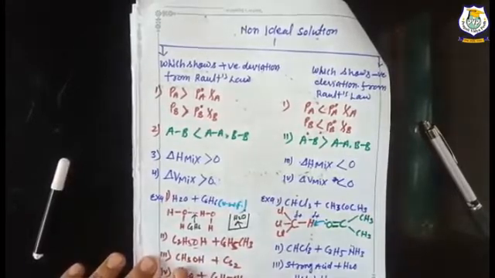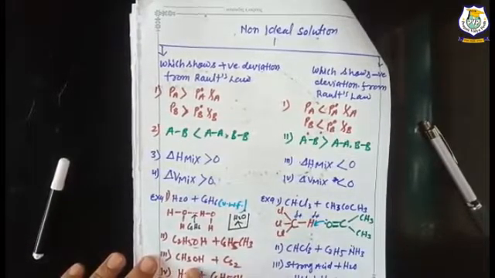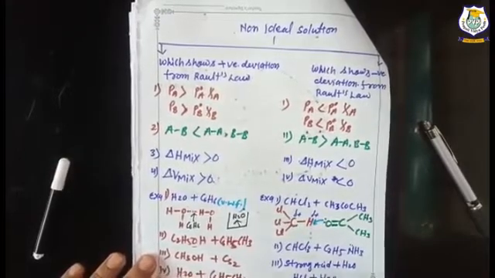Similarly, CH3OH and toluene: toluene is the non-polar solvent, CH3OH is the polar solvent. Water is the polar solvent. Toluene is the non-polar solvent. But in case of